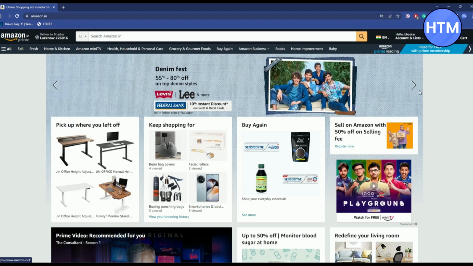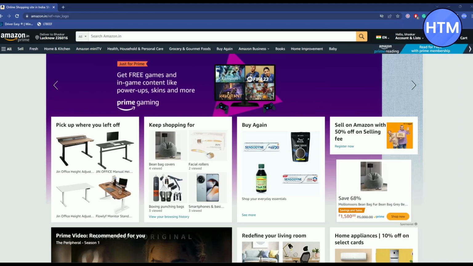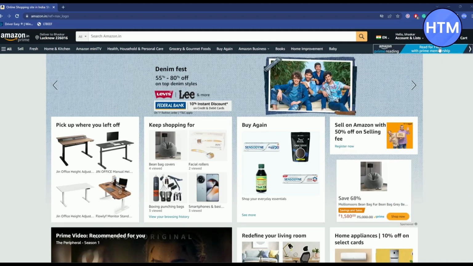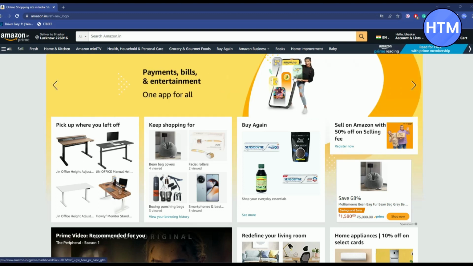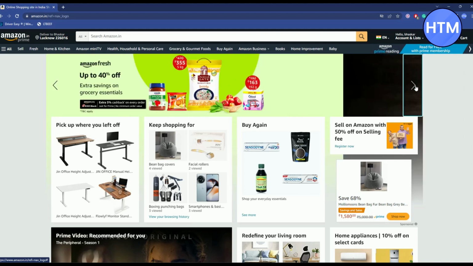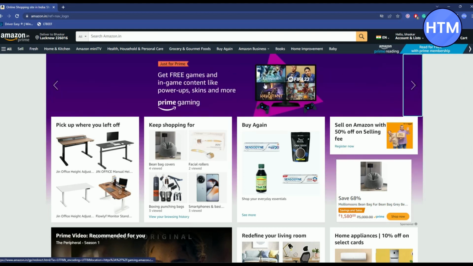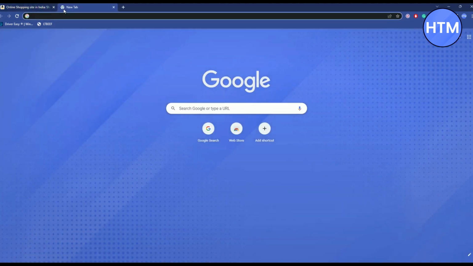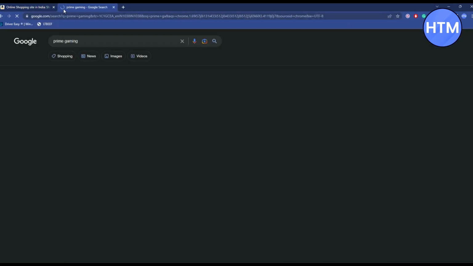Now after doing that, just simply go to Prime Gaming. You can do that by going over here and clicking this arrow icon. For opening Prime Gaming, all you have to do is simply click over here if it is showing Prime Gaming, or in the main screen click on these arrow icons until you find Prime Gaming like this. Or what you can do is simply type in Prime Gaming